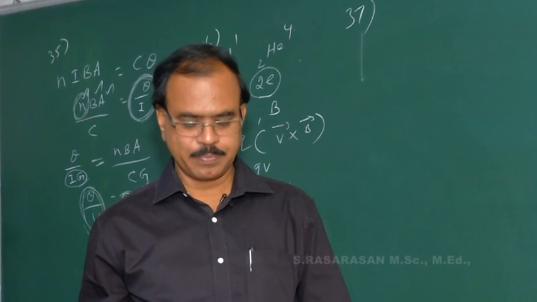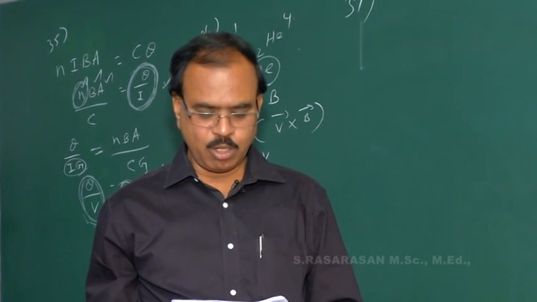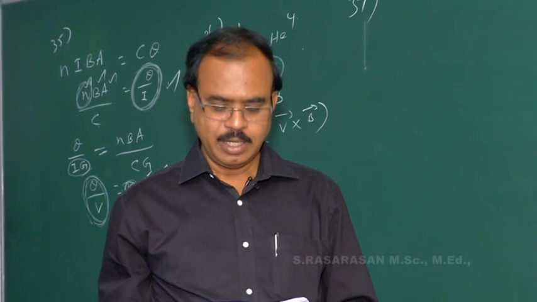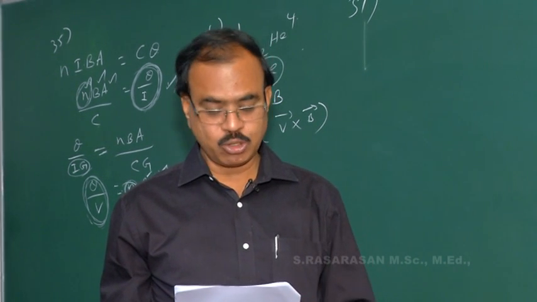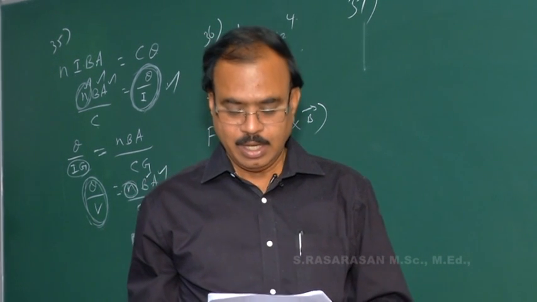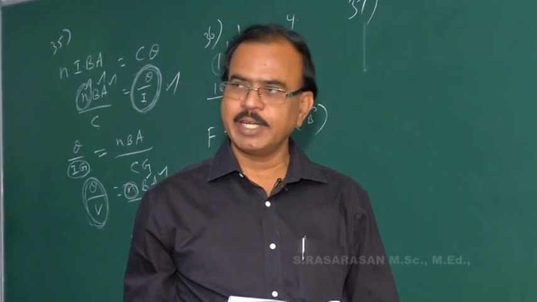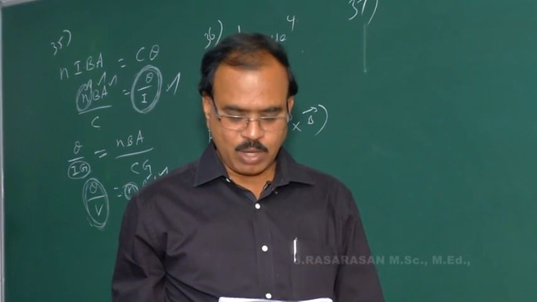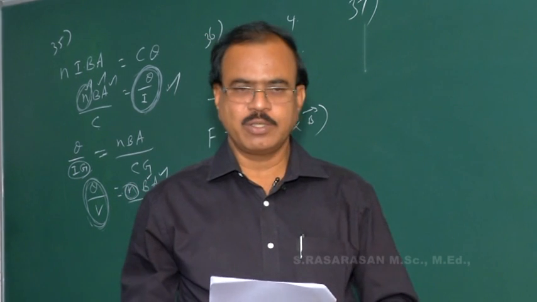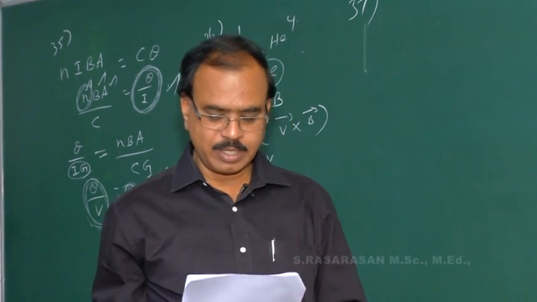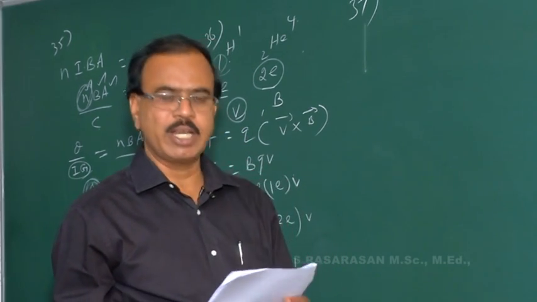It's a good problem. In Joule's calorimeter experiment, let me repeat, when a current of 1 ampere is passed through a coil for a known time interval t, the temperature of water increases from 30 degrees Celsius to 33 degrees Celsius. When a current of 2 ampere is passed through the same coil, placed in the same quantity of water for the same time, the temperature of water increases from 30 degrees Celsius to dash.